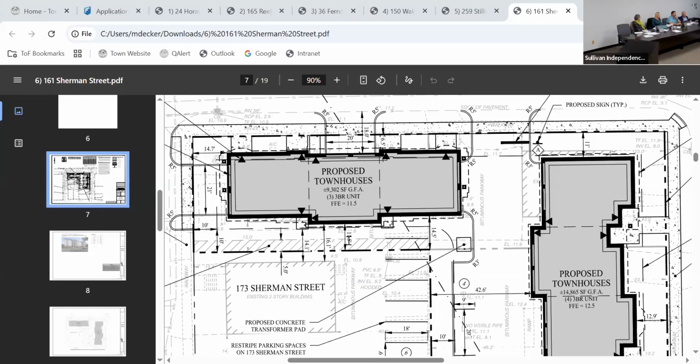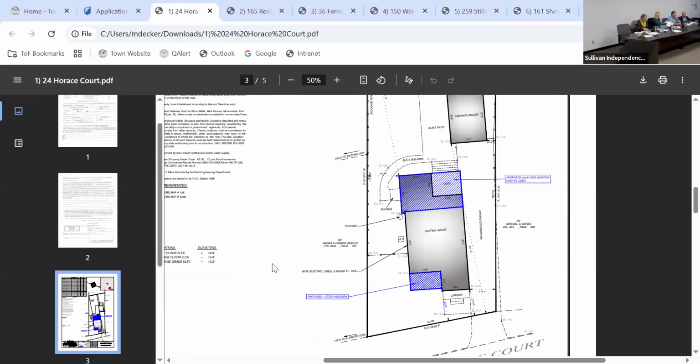My apologies. Okay, we are going to reopen the zoning board of appeals meeting. We are now going to go through each item in order, and we are going to vote.